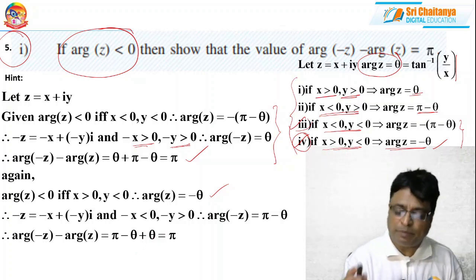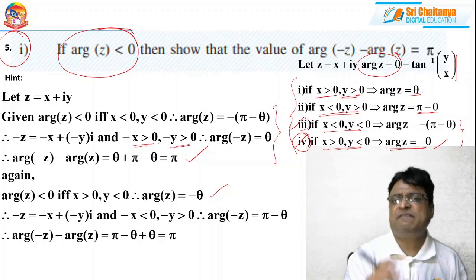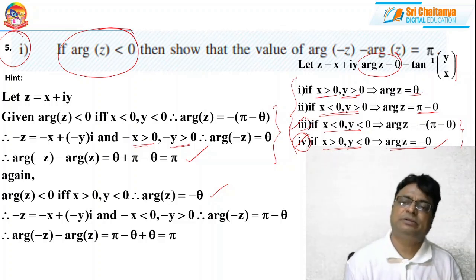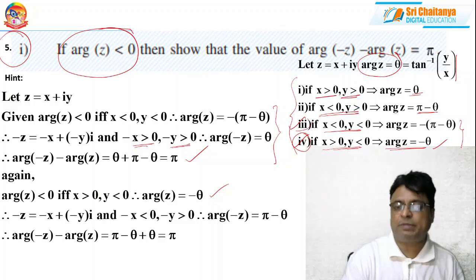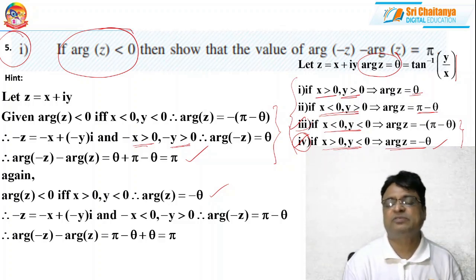That's why, please practice. You master the entire fundas involved for argument, because in the coming problems also you will enjoy this knowledge. With this knowledge, you can solve the problems very quickly.